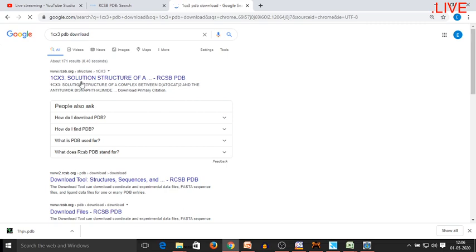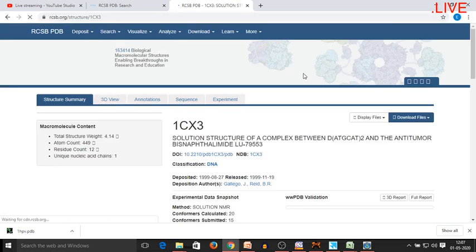So as you press this, now you will get the same format again, but here you have that option of downloading the file.